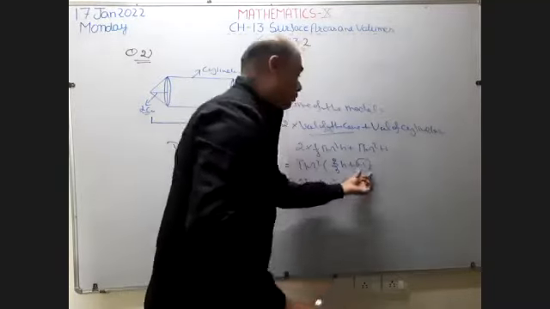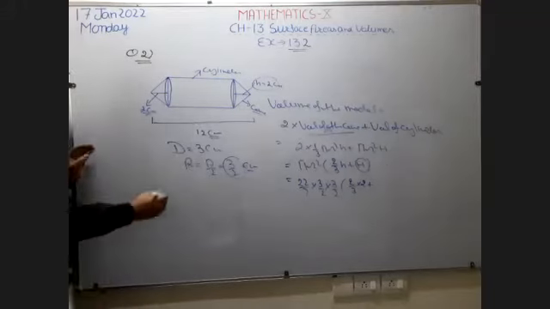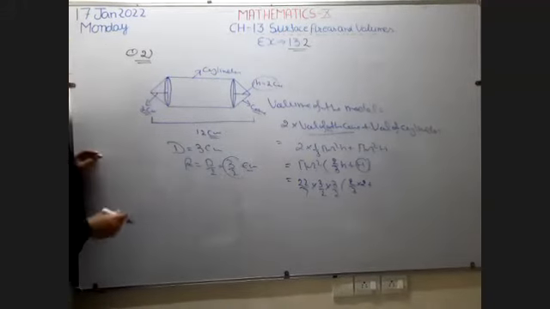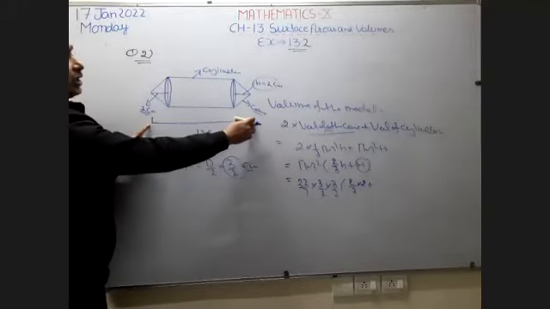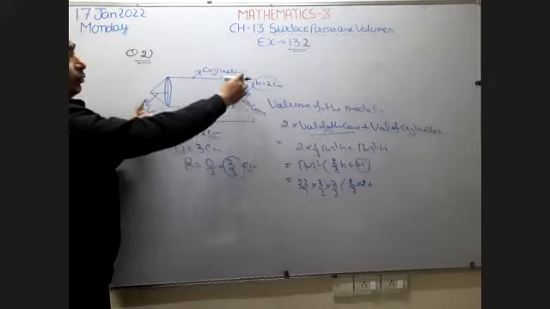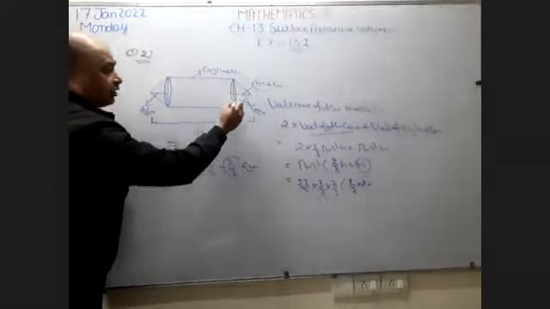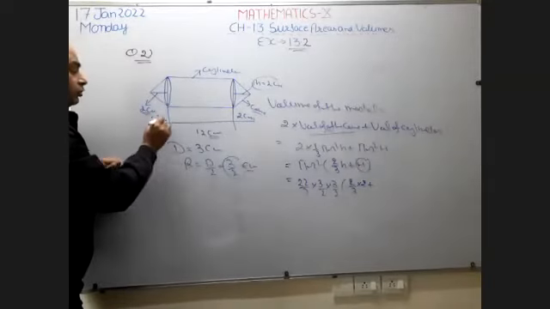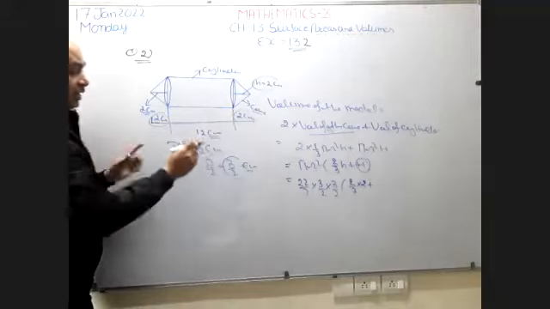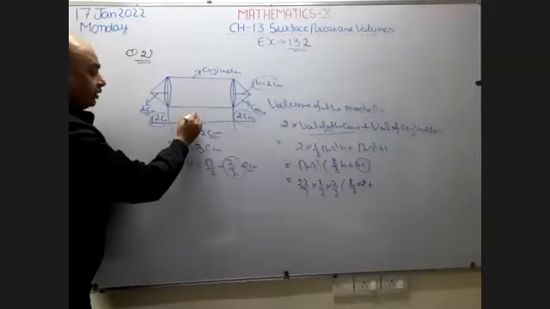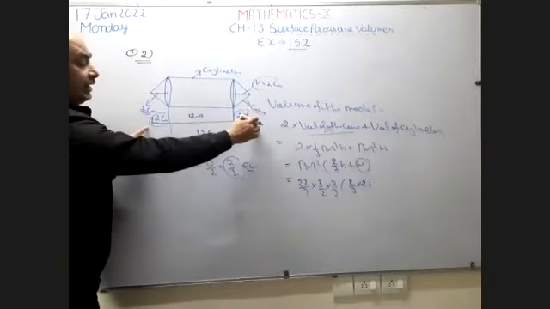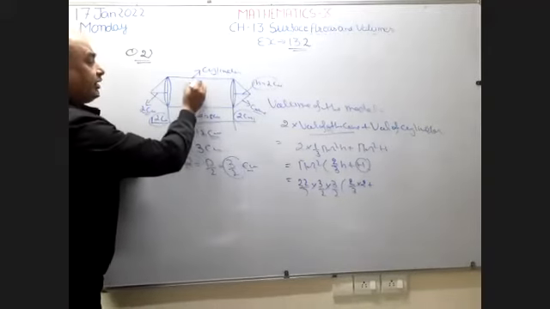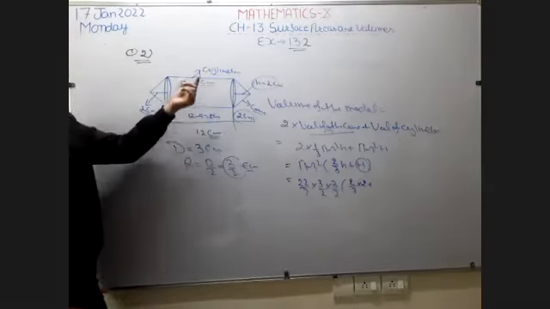After that, this is the height of the cylinder. What is the height of the cylinder? See, this is the total length of the model, which means the total height of the model is 12 centimeters. The height of the cone is given as 2 centimeters from this side and also 2 centimeters from the other. So 2 plus 2 becomes 4 centimeters. Subtract 4 centimeters from the complete length, so it is going to be 8 centimeters. It means the height of the cylinder becomes 8 centimeters.